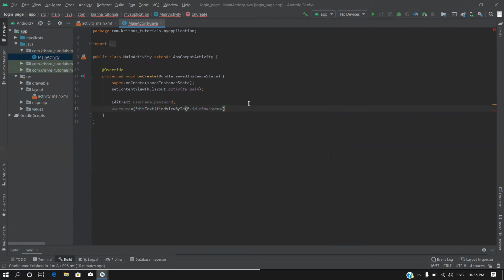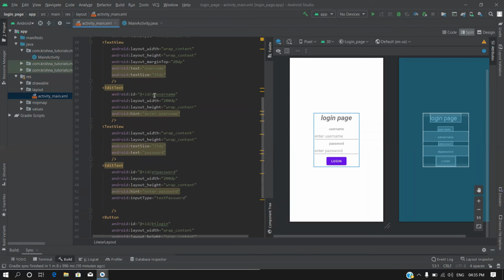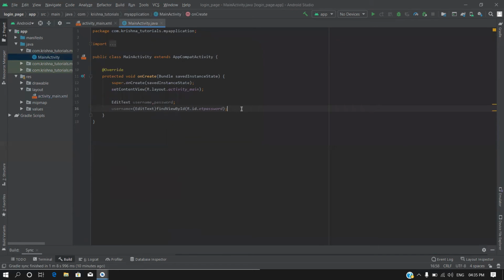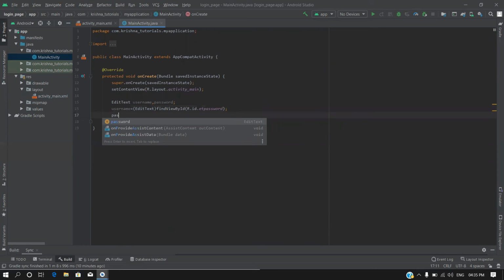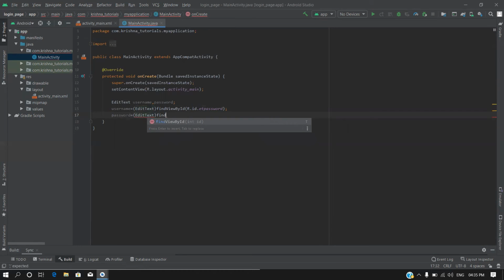Okay, we did some mistake. It should be edit text and then et. Okay, yes, now we can map here easily. Password, edit text, find view by ID.